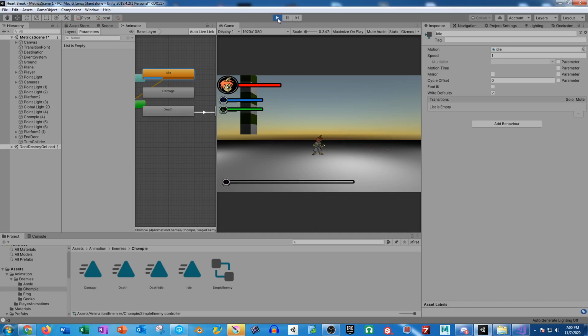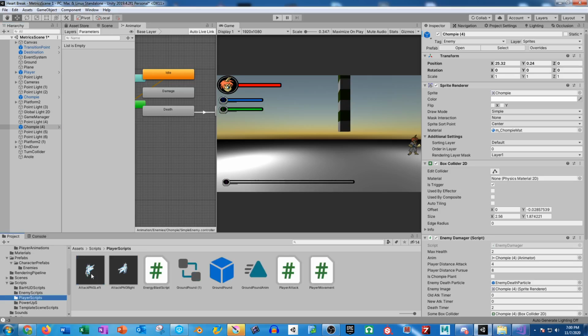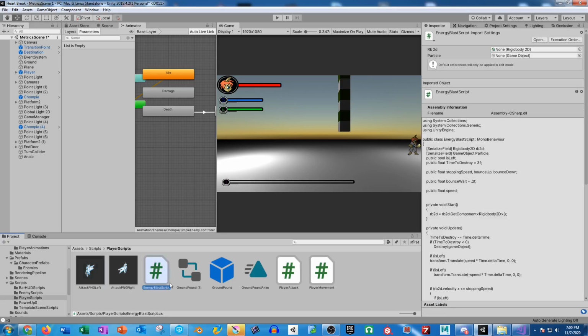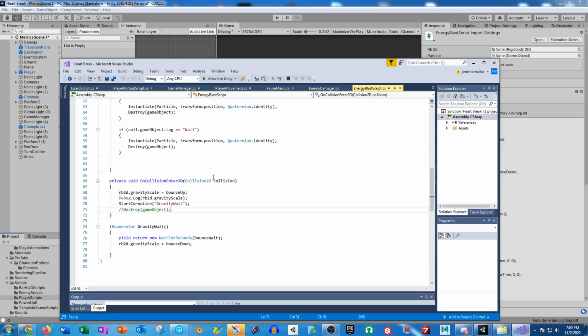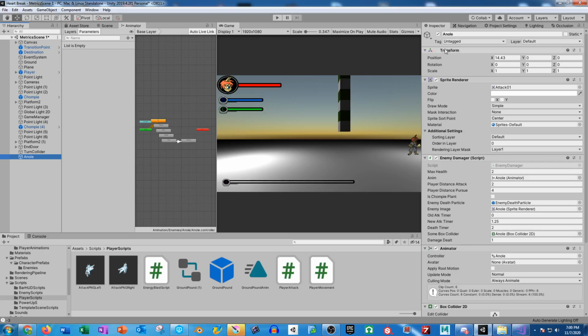Nice. So then we'll just have to add a check in the energy blast script, if hitting each character, so it destroys instead of going through it and hitting the other one. So the energy blast, that's actually a good question. The energy blast script itself: right here, it's hitting the enemy, and it's supposed to destroy the game object. So why is it not destroying the game object? Is the null not tagged enemy? That's actually it. So now if we hit play,